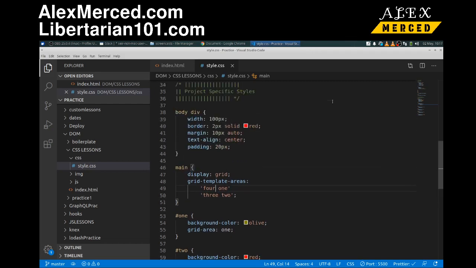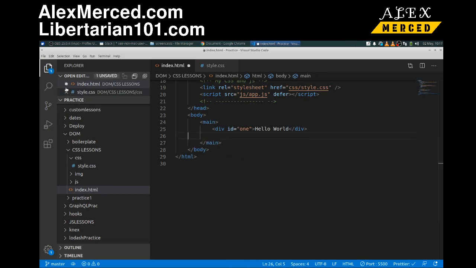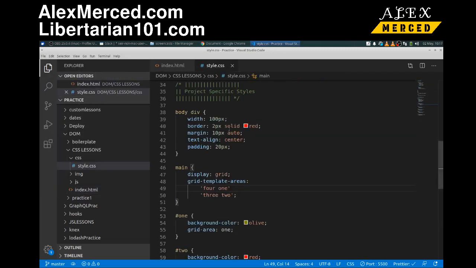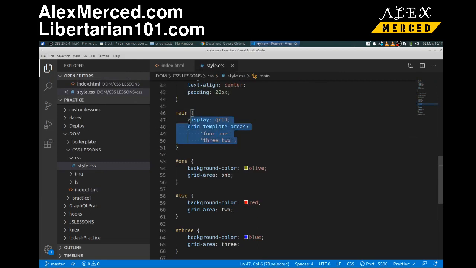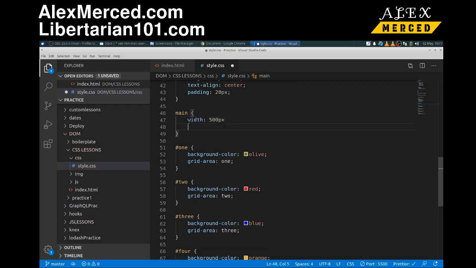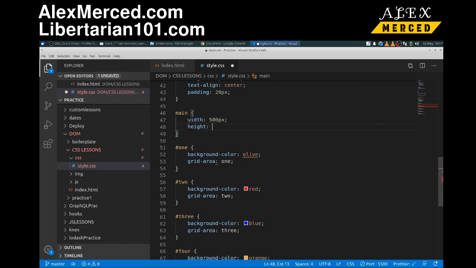The other kind of useful thing to know about is fixed positioning. So let's get rid of all this. Okay, we're just going to have that div with hello world in it. Save, and let's say the main element actually has a fixed width and height. So we're going to get rid of all this, and we're just going to say this has a width of 500 pixels. Okay, this has a height